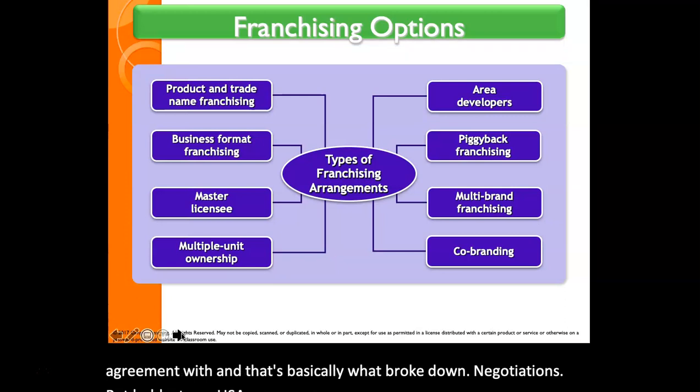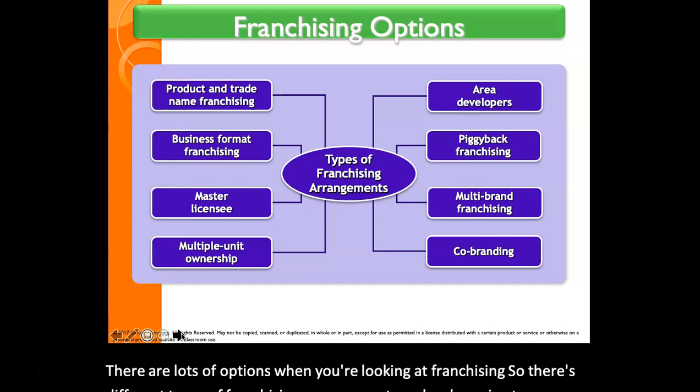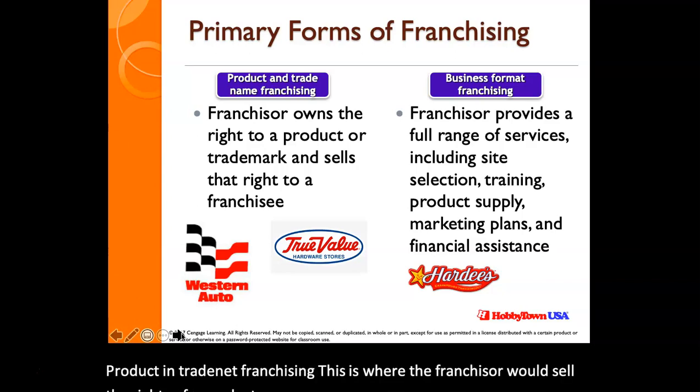There are lots of options when you're looking at franchising. So there's different types of franchising arrangements, and we're going to go over all 8 of these in the next few slides. Product and trade name franchising. This is where the franchisor would sell the rights of the product or product trademark to a franchisee. The one thing about this type of franchise is that the franchisee doesn't necessarily have to limit themselves to just